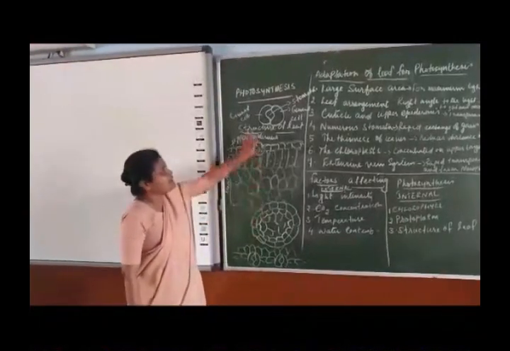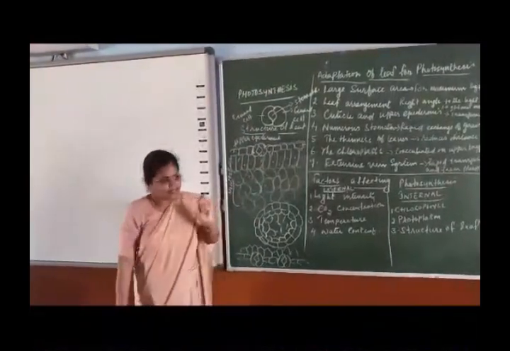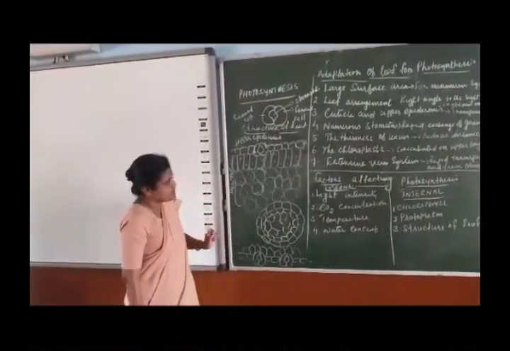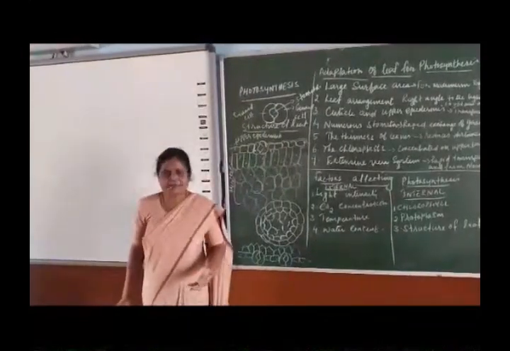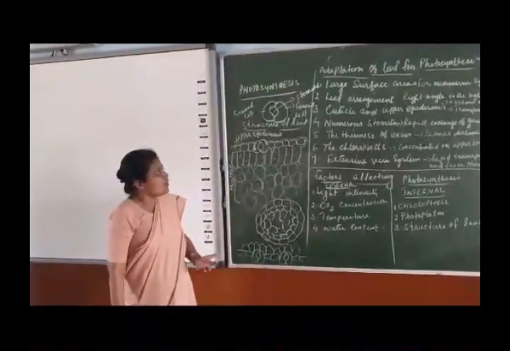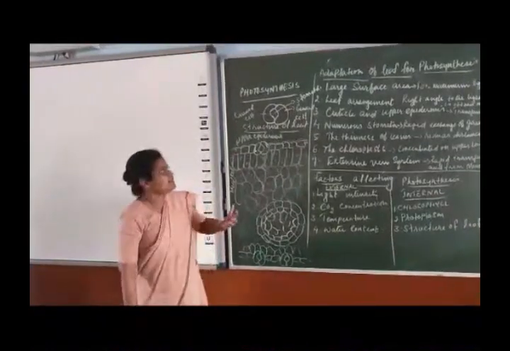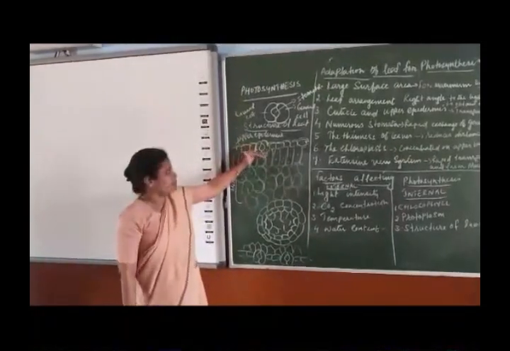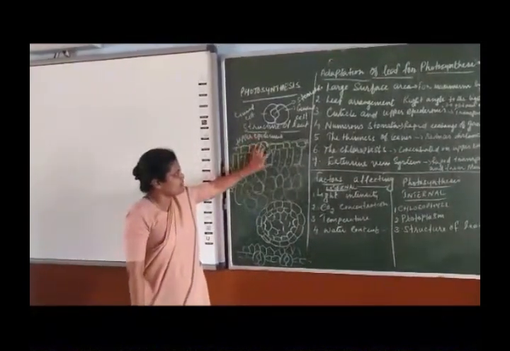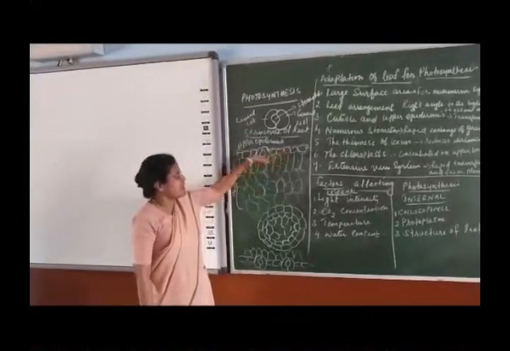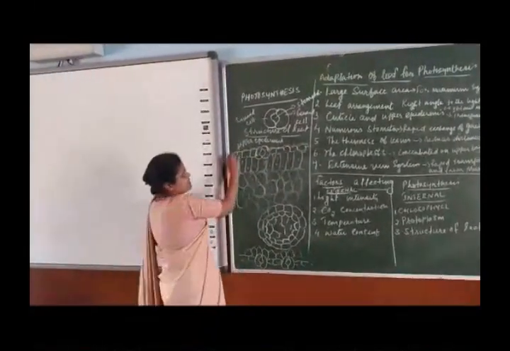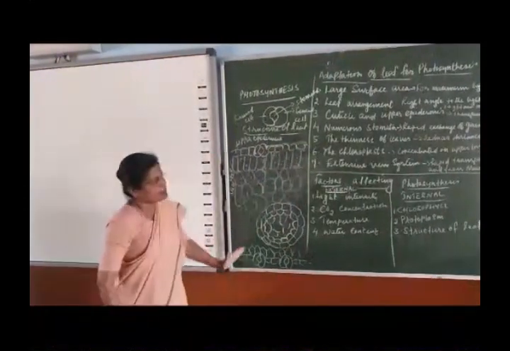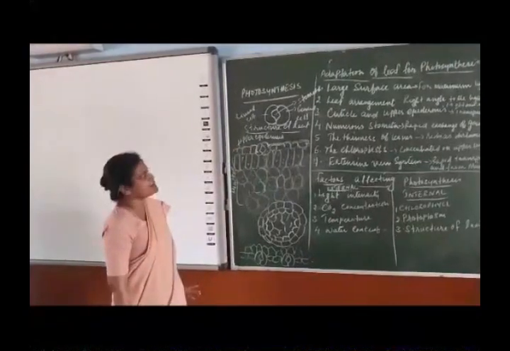about the structure of leaf and the structure of stomata. I repeat, the stomata is a pore through which gaseous exchange takes place as well as transpiration. And the stomata is formed by a pair of guard cells, and these guard cells are located on the epidermal region. So the epidermis consists of both stomata as well as epidermal cells. Upon the epidermal cells you have a layer called a cuticle, which is made up of a waxy layer. So this is all about the structure of leaf as well as the structure of chloroplast.